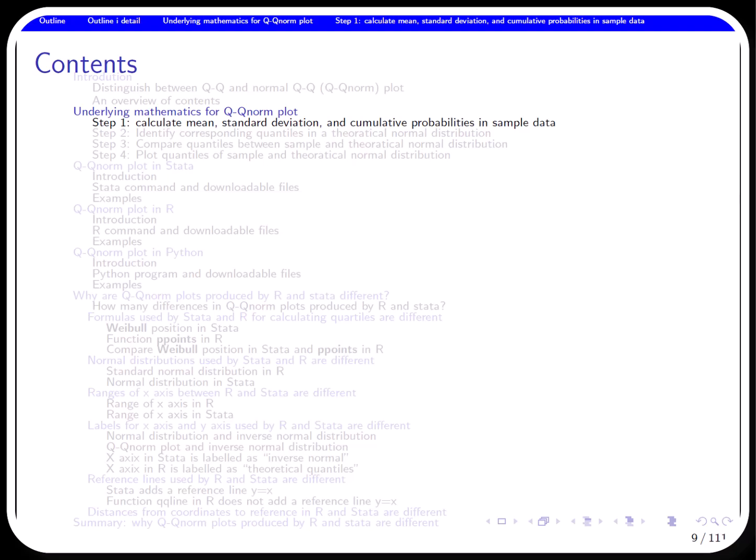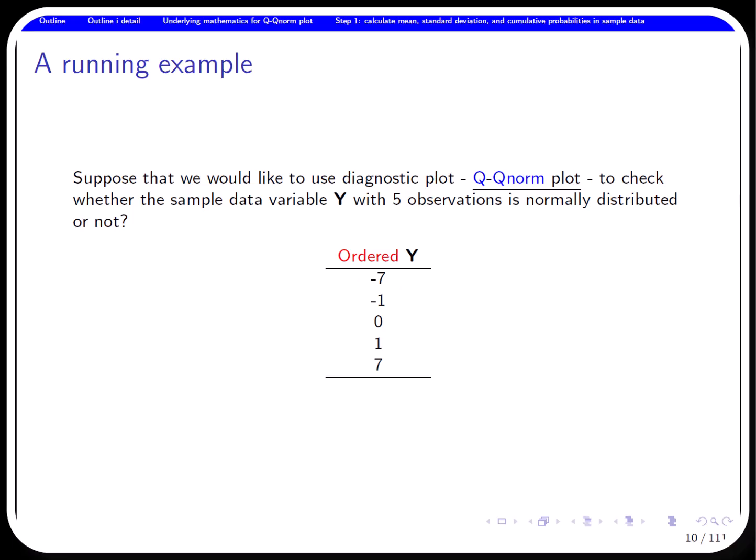Underlying mathematics for Q-Qnorm plot. Step 1. Calculate mean, standard deviation, and cumulative probabilities in sample data. A running example. Suppose we would like to use Q-Qnorm plot to check whether sample data with 5 observations is